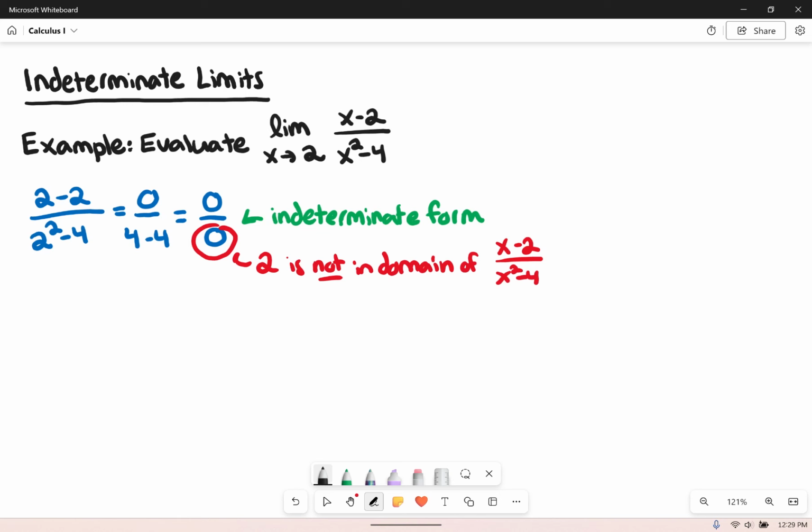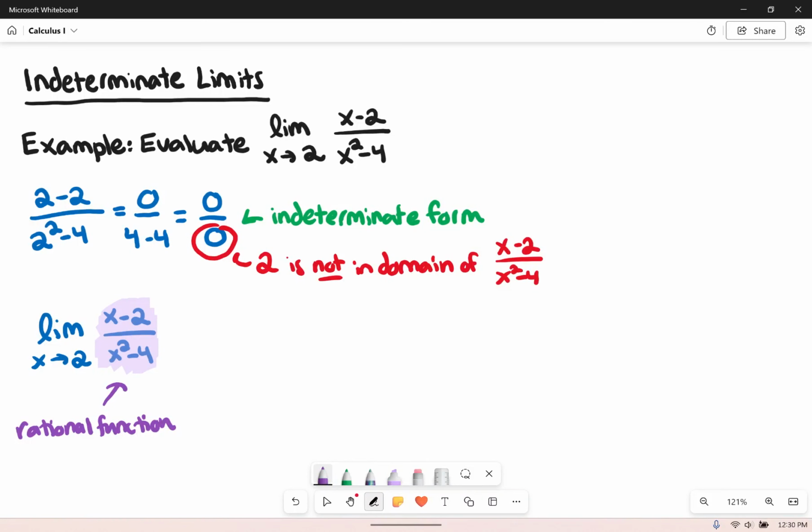So what do we do now? Once we've tried plugging the number in, if that results in an indeterminate form, our next strategy is to try using algebra to simplify the limit and then try plugging in the value again. What algebra can we do to simplify the limit as x approaches 2 of (x minus 2) over (x squared minus 4)? We have a rational function, in other words, a ratio of polynomials, so we can try factoring to